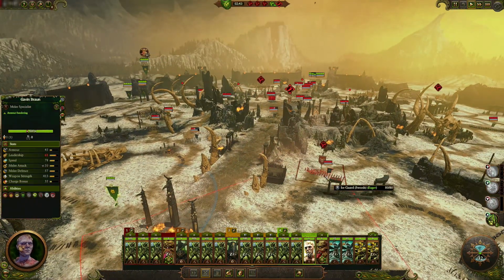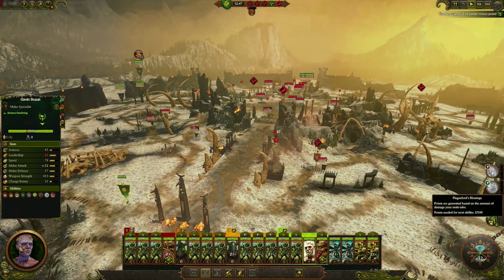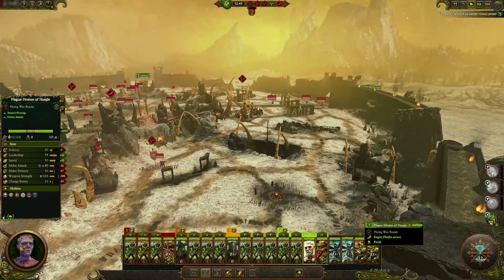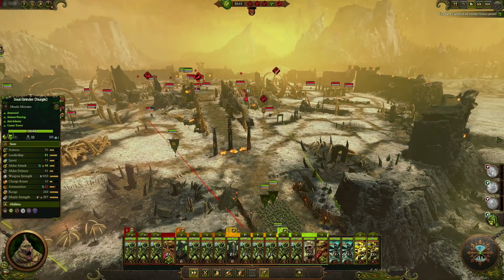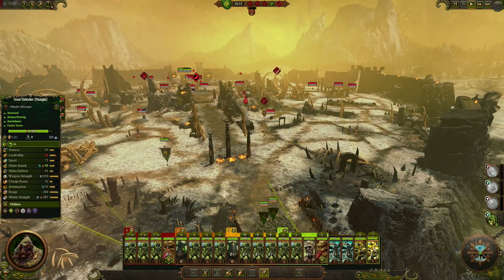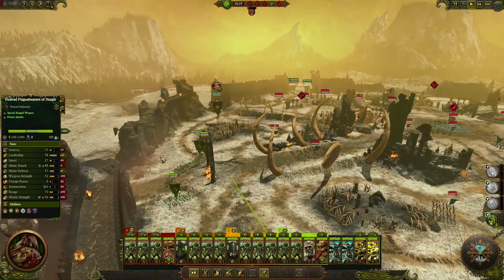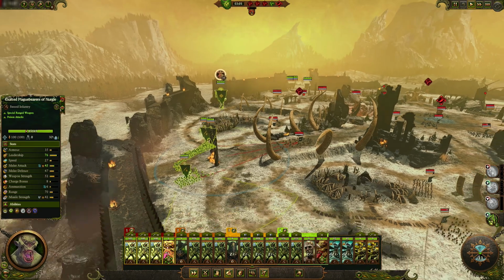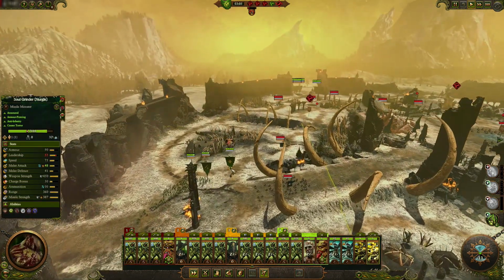That's not good. Okay, so there's Ice Guard right here. Okay, good. Let's get you shooting at the Ice Guard. And you've taken over this control point. Now get back over here. Okay, 1, all of you guys on him. And you get over here as well. Okay, so you...